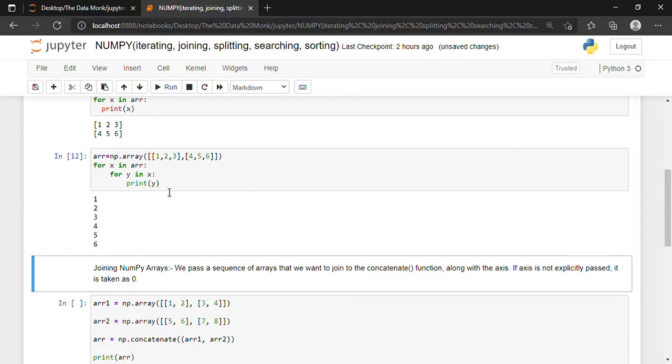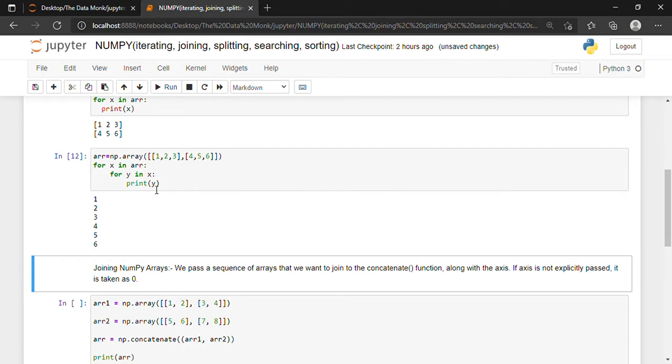So it is printing all the elements from 1 to 6 one by one. First, when my value of x is 0 and the value of y is 0, 1 is printed. Then the value of x is 0 only, but my value of y now becomes 1 because it is the inner for loop.